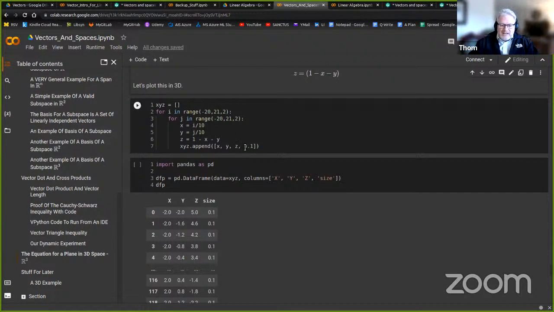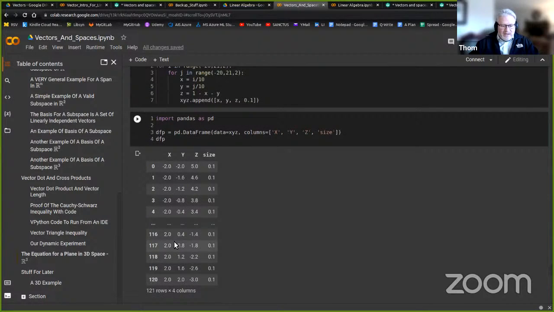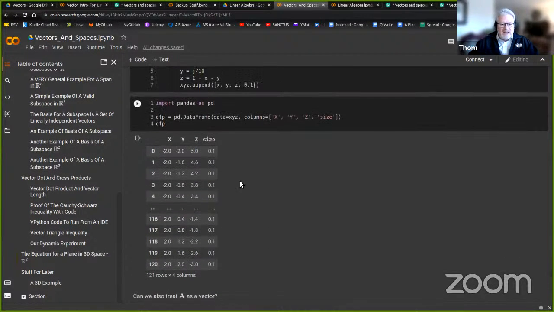This is just the size of the points we're going to use in a scatter plot here soon. But you can see we've created this grid. So we've got a lot of -2s while we step y, and then toward the end, we're all the way to 2, and we're still stepping at y. So x changes real slowly. There's a lot more points in between, as you can see by these indexes for the points. But then you can see how the z's go from 5 to -3, etc. So we've created a data frame because the plotting routine I'm going to use likes to